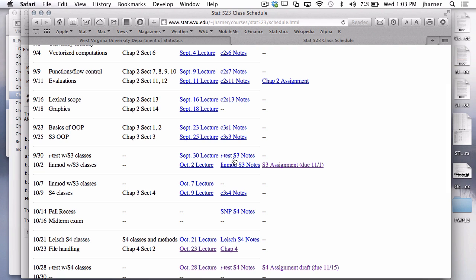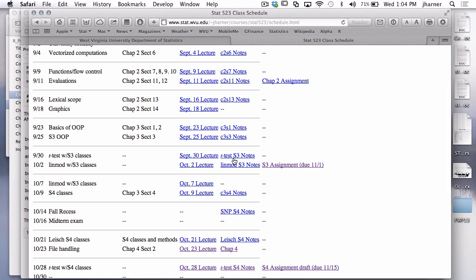In other words, the two-sample t-test is done in the t-test S3, and that shows you how to develop a t-test implemented with various methods using S3 classes. The linmod is a little more complicated example, but it gives you a second example where you implement